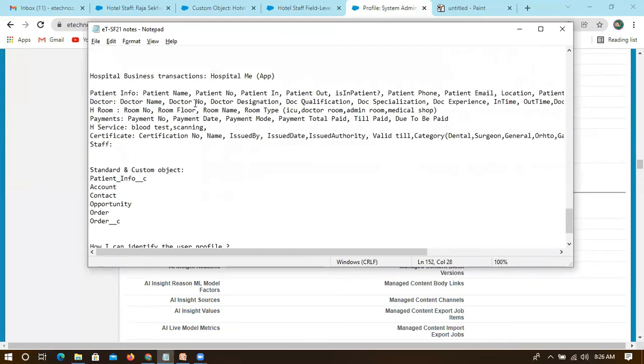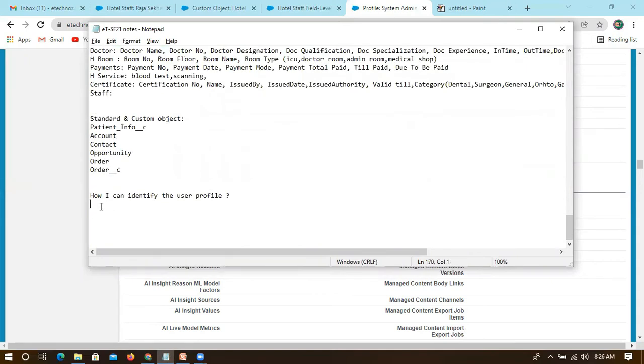Anyways, we will be creating this. Let's take this example. You create a doctor object, and you create some fields: doctor name and doctor number. Anyways, give system administrator permission. You need to do this tomorrow, after the call. So for system admin permission, enable create and edit for this doctor object, which has the system administrator profile, and I need access for create and edit.